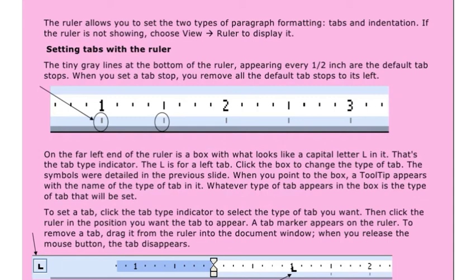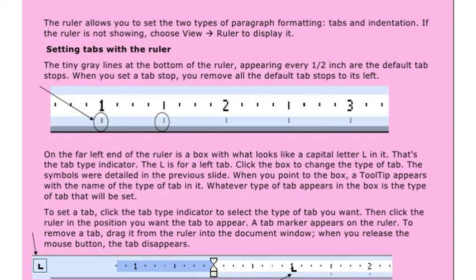When you point to the box, a tool tip appears with the name of the type of tab in it. Whichever type of tab appears in the box is the type of tab that will be set.